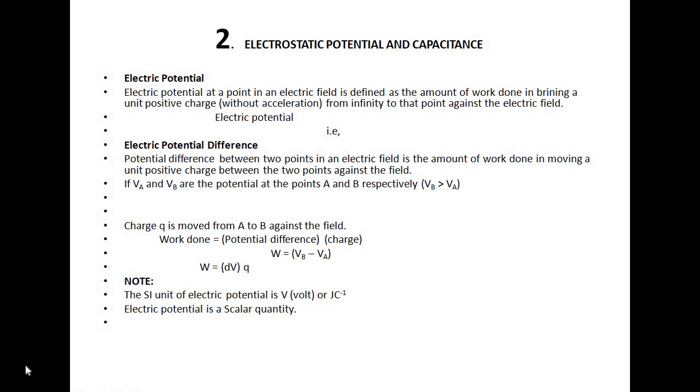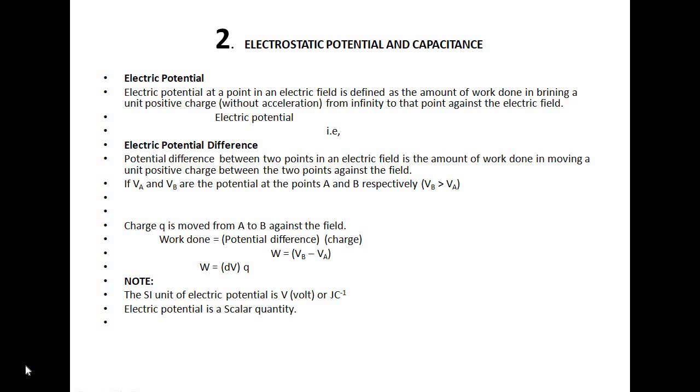Today we shall learn about the second chapter, electrostatic potential. Electrostatic potential is a scalar quantity. It is represented by the symbol V. Basically, electrostatic potential of a charged body represents the degree of electrification of the body, and it determines the direction of flow of charges between the two charged bodies placed in contact.